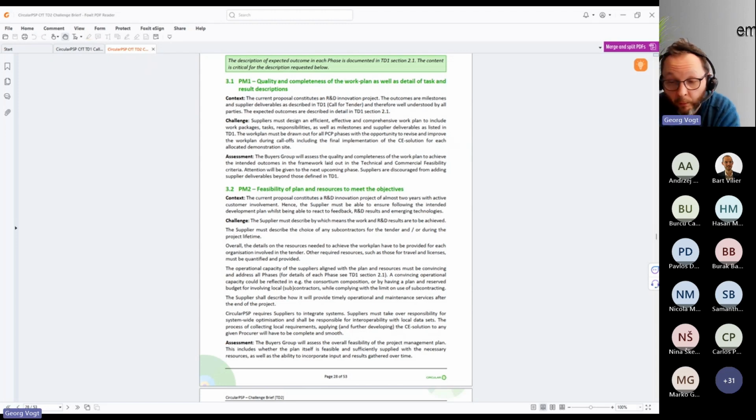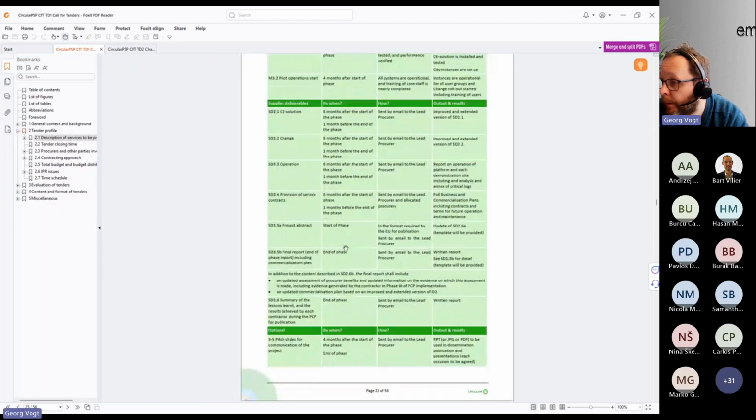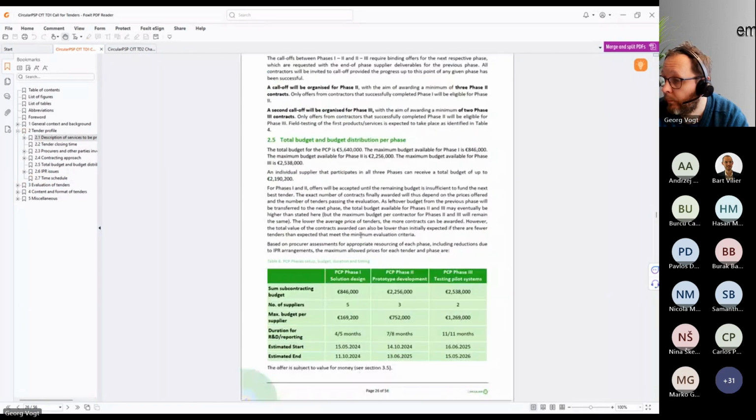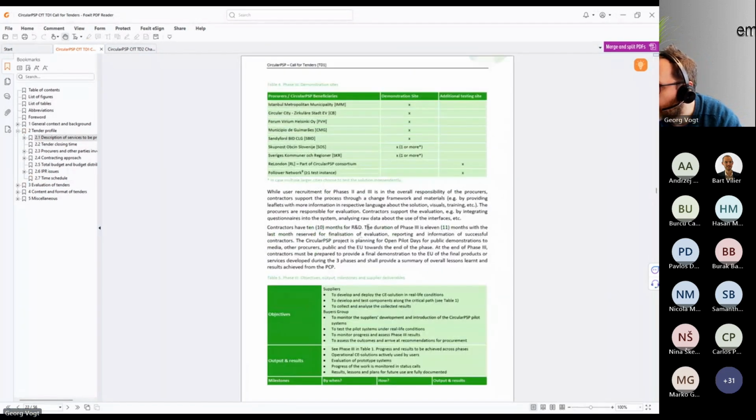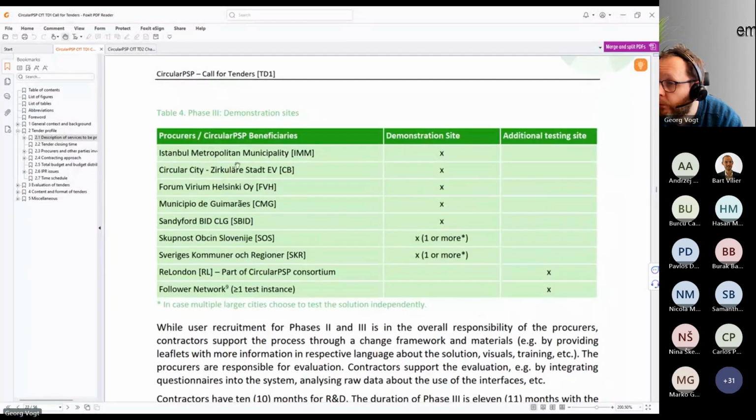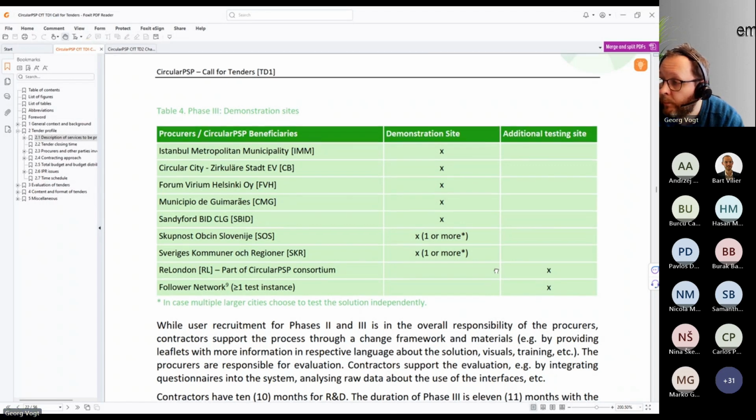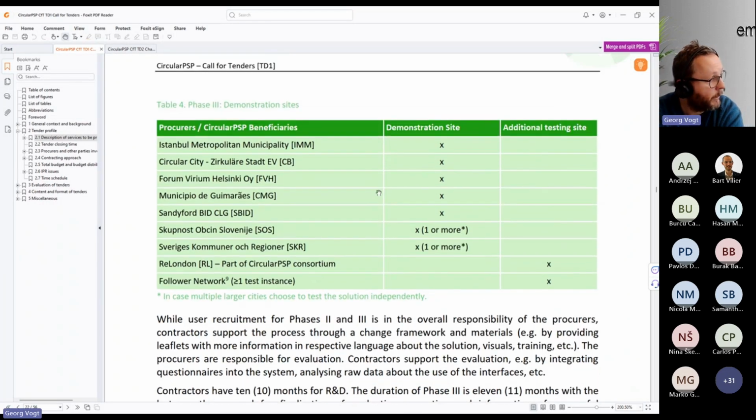Well, during prototype testing and at the latest at phase 3, it must provide the languages of the demonstration sites, and the demonstration sites are these. Yeah, so Turkish, German, Finnish, Portuguese, English, Slovenian, Swedish, English. That's the minimum. If it is a generic NLP and you utilize